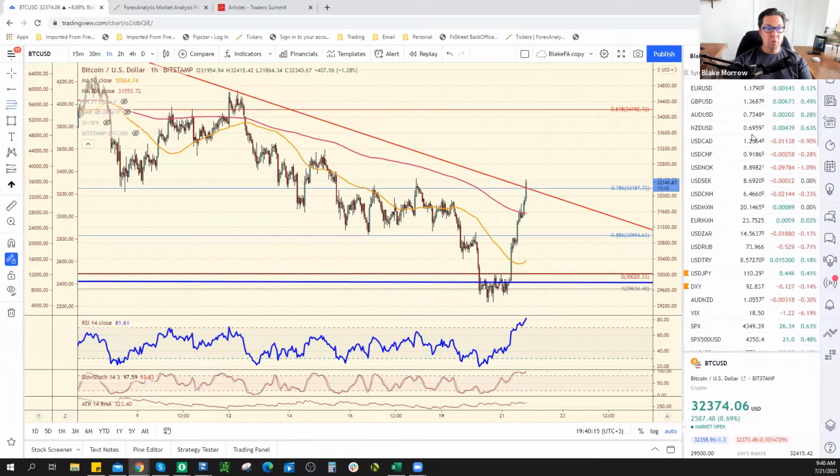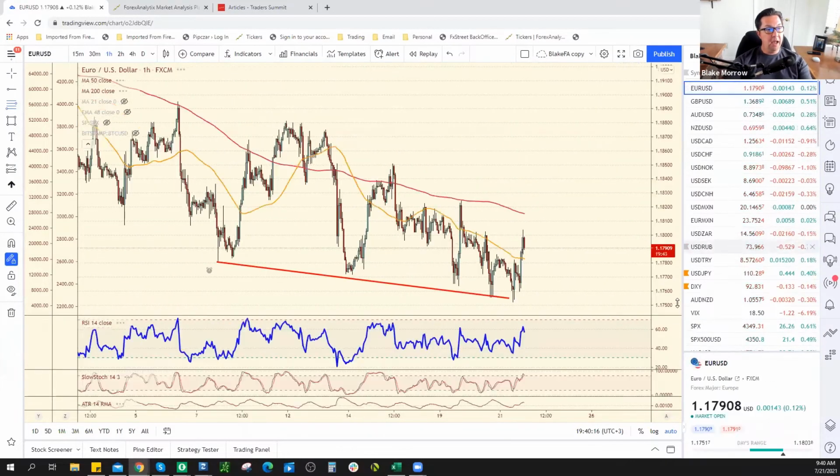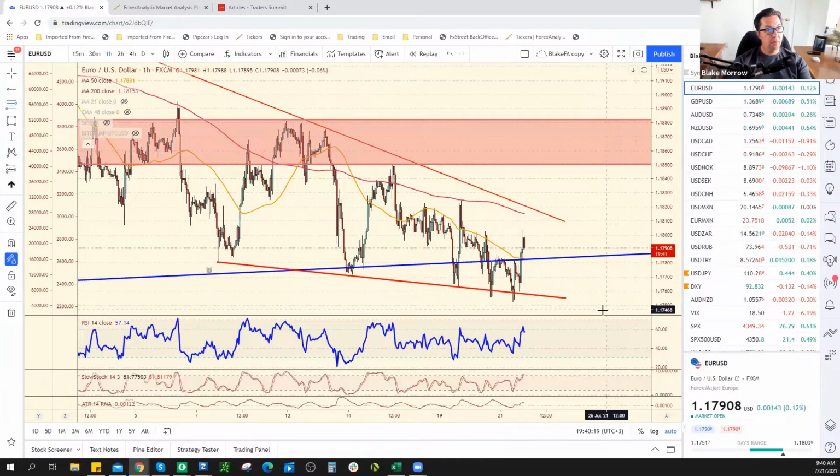And other than that, I think we're just waiting for the ECB. I have to point out that the euro is very much wound up and ready to break out tomorrow. I think tomorrow is going to let us know what we need to be doing with currencies. The rest of the currency market's going to cue off of what happens with the euro,